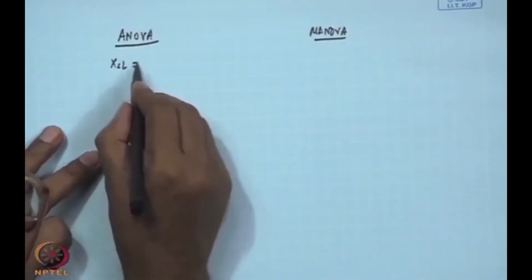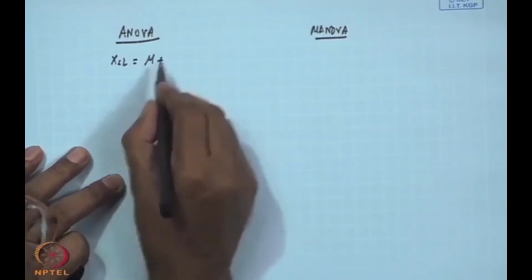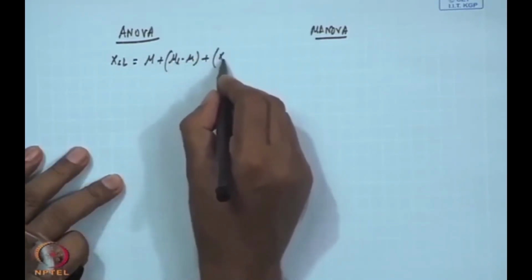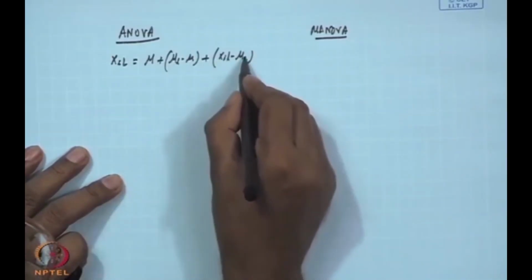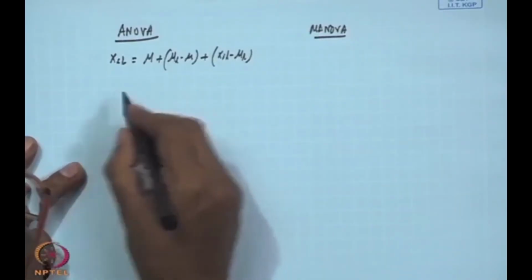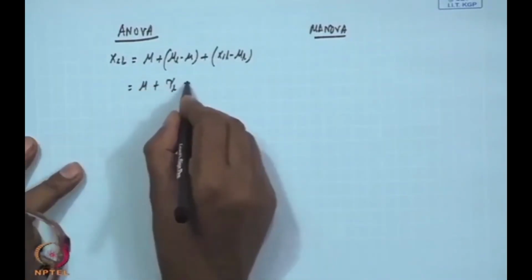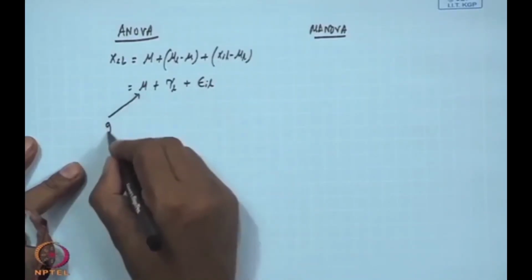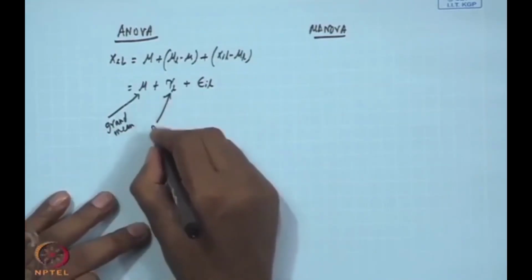In the ANOVA case, XIL is partitioned like this: mu plus (mu L minus mu) plus (XIL minus mu L). This is the way you partition, and we say this equals mu plus tau L plus epsilon IL. Mu is the grand mean, tau L is the population effect,